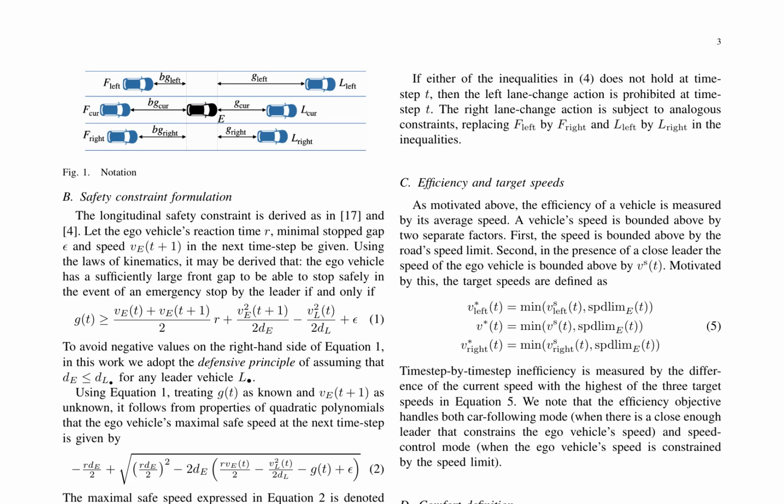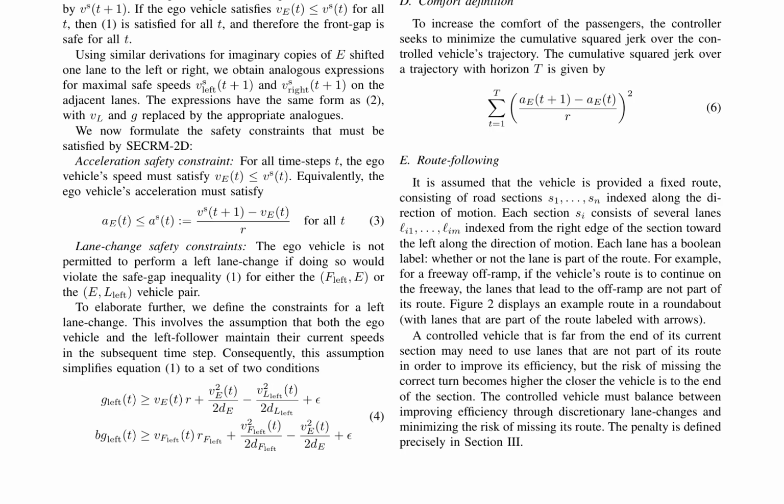In the context of the SCMDP, the state space includes various features such as the ego vehicle's distance from the start of the current section, speed, previous acceleration, section index, lane index, lateral speed, and a Boolean map indicating whether a lane is part of the ego vehicle's route. Other vehicles within a fixed scan radius are also considered, with their state representations consisting of longitudinal distance, speed, and acceleration.